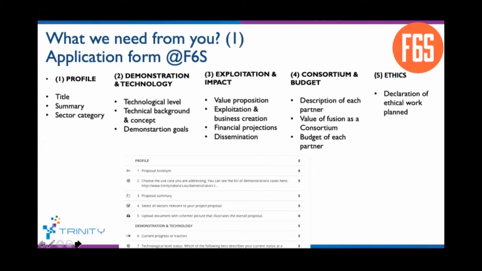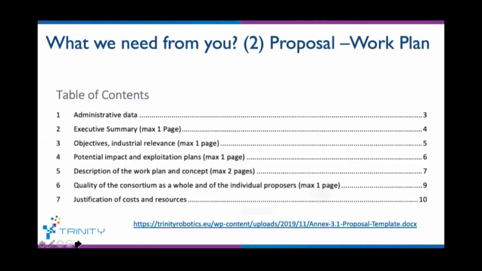and how you want to use the money to reach what type of goals and concepts. And as Mina said, this is important because we are funding experiments from TRL 5, so it's already a technology validated in a relevant environment. So this is the document that you need to submit to us. Here is the list of contents you can expect: administrative data, the executive summary, sort of an abstract, and objectives.